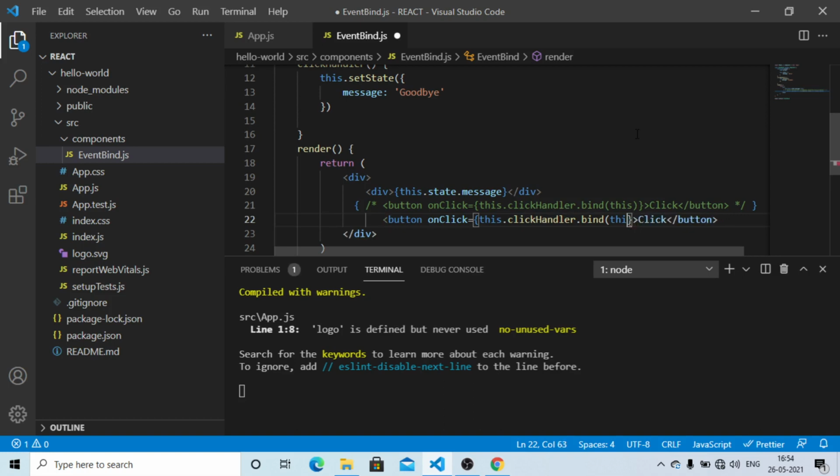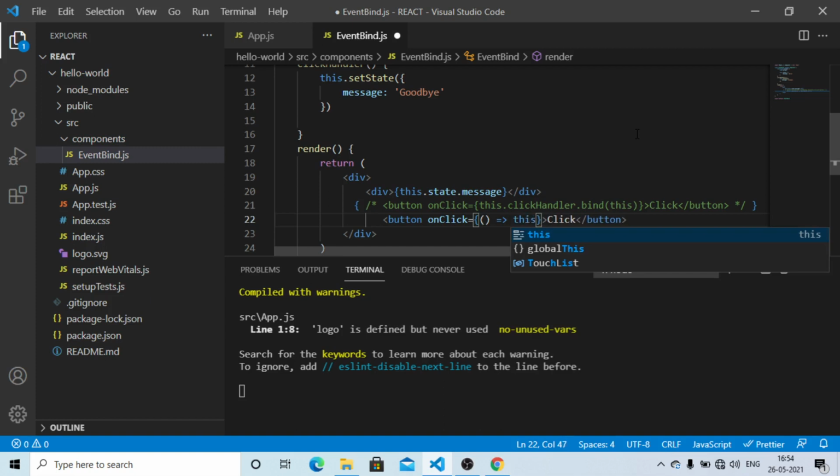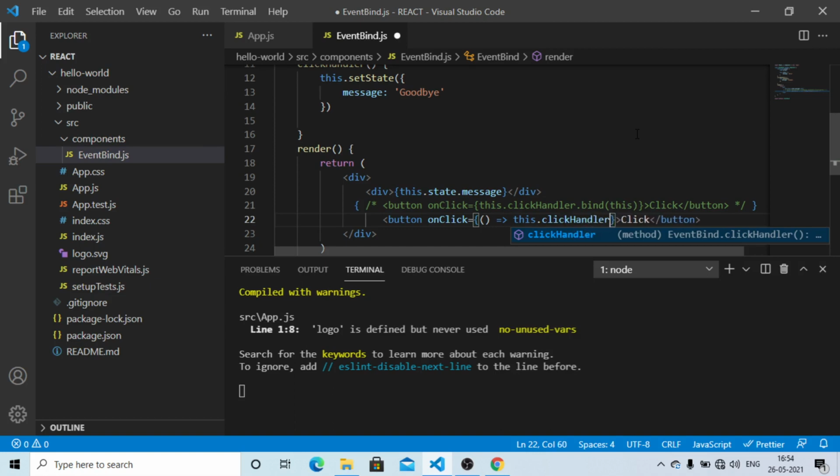So here now, as the value to the onClick attribute, we will be using an arrow function, using the fat arrow syntax, and here we'll be calling this.clickHandler and parenthesis. Now we do not need the return keyword or any opening or closing curly brace, because in the fat arrow syntax or the arrow function, we have only a single statement. So as soon as we save this file